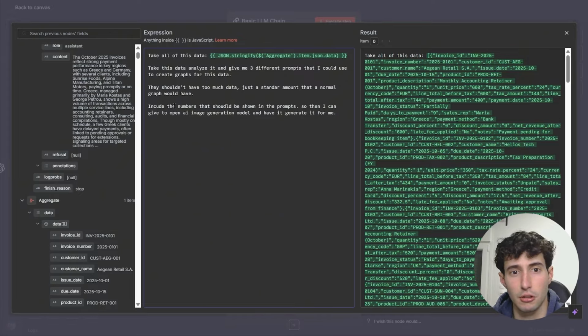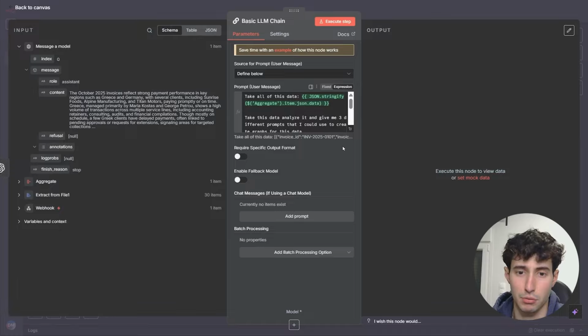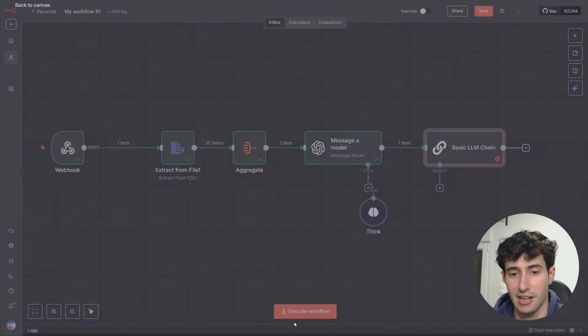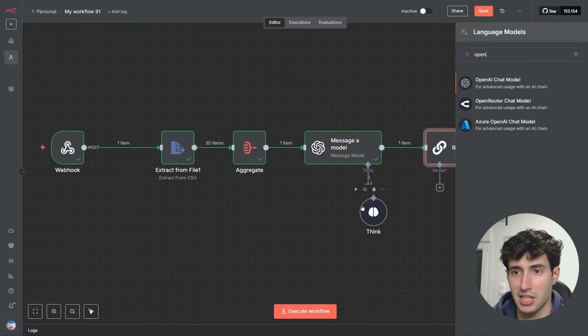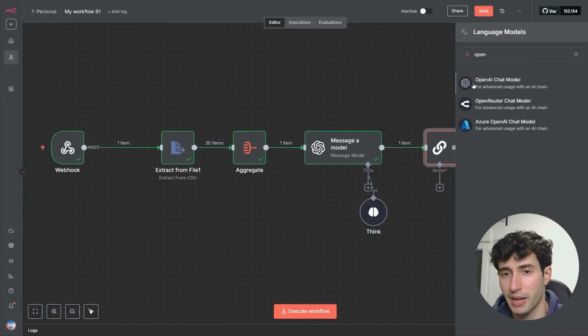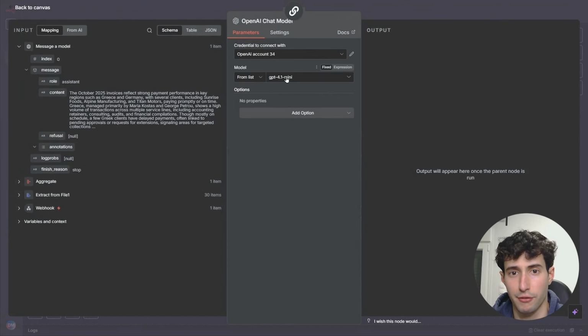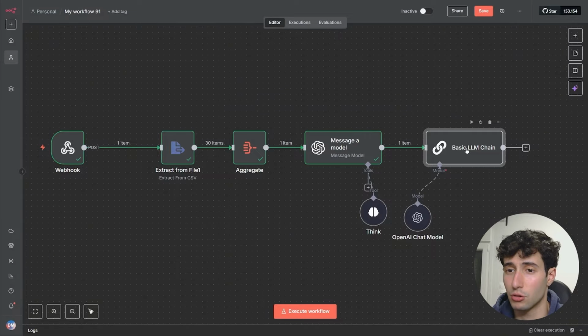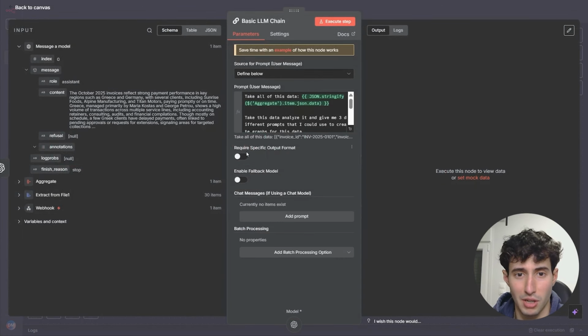And then I said include the numbers that would be shown in the prompts, so then I can give it to an AI image generation model and have it generate it for me. And now what we need to do is obviously come over here and add in our LLM model. So for this example, I will again choose to go with OpenAI, and I will leave the model on GPT 4.1 mini. And now we need to open this up again because we need to come over here and enable